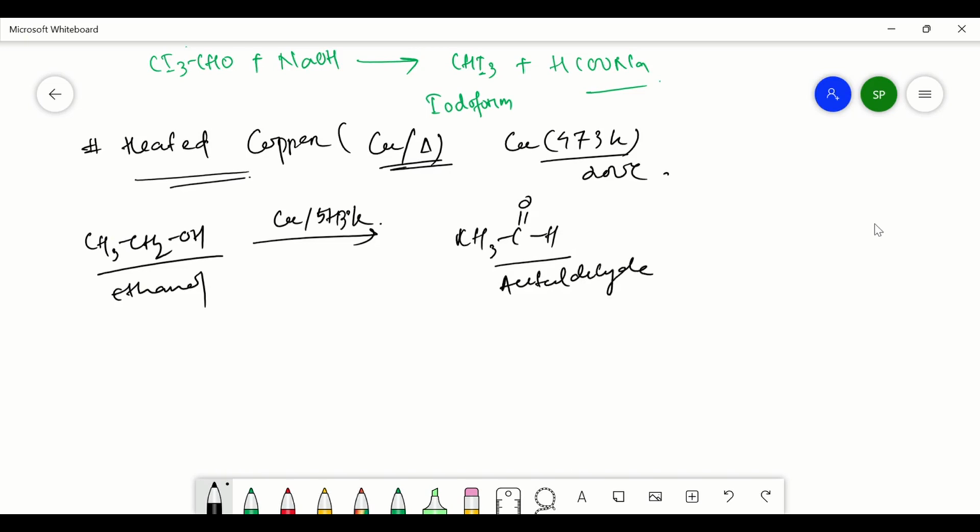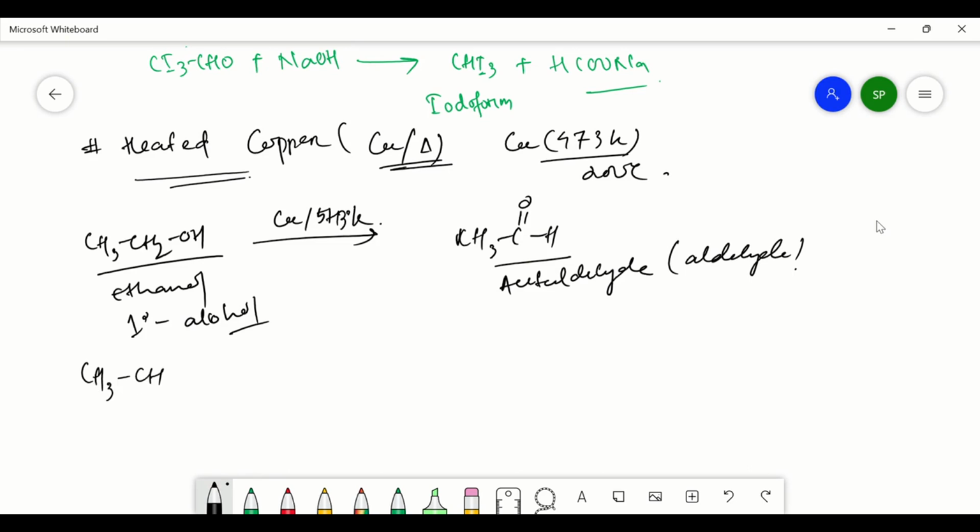This is primary alcohol. So when primary alcohol is treated, it forms aldehyde. There is another question I have just given to the students. What happens when isopropyl alcohol is passed over heated copper? If we consider isopropyl alcohol,